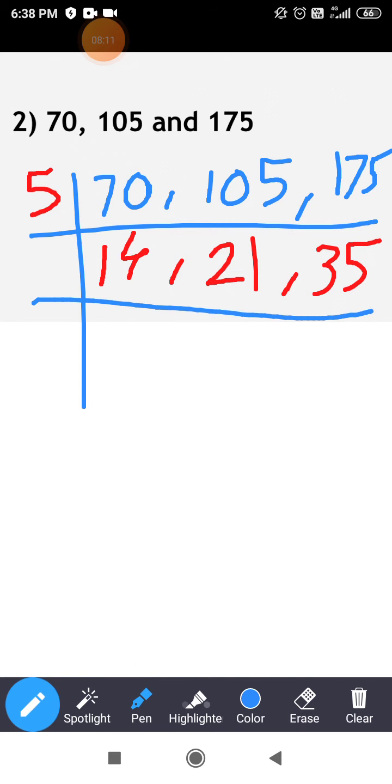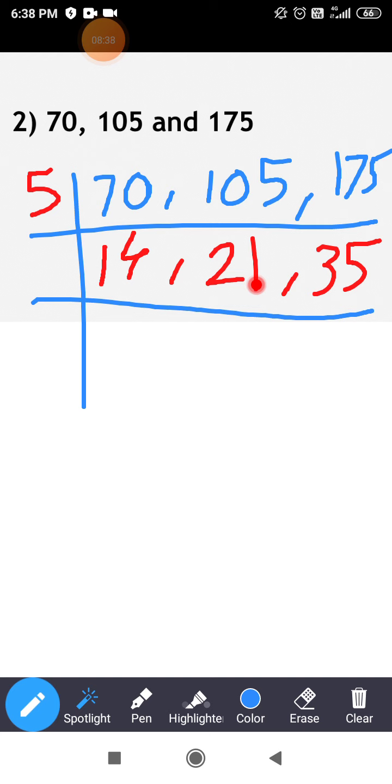Now observe the numbers again. See, first is 14, second is 21 and third number is 35. By 5 it will not be divisible, because only this number will be divisible by 5, not these two numbers. Okay, so I will not be able to divide by 5. So by which number can I check now? By 6 it will not be divisible, because you can check by reading the table also, or by the divisibility rule also if you want to check.